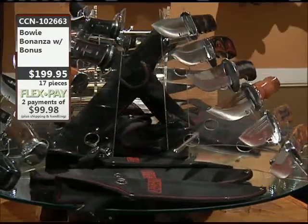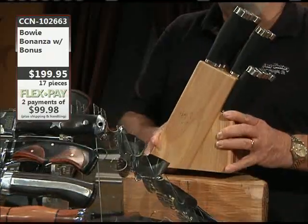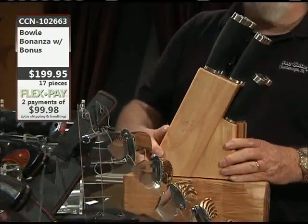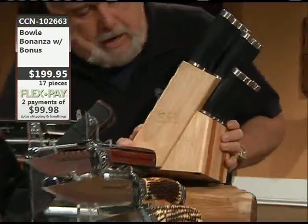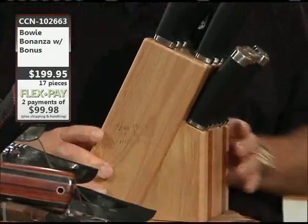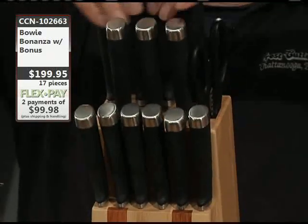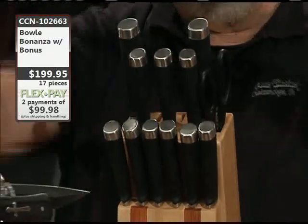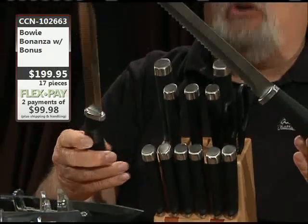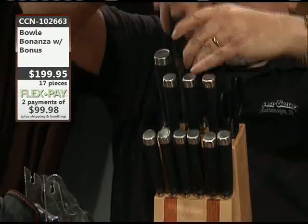And I tell you what else we're going to do with it. Why don't we just put a Hen and Rooster kitchen cutlery set right there. How about that? Okay, there's your Hen and Rooster logo right there. Now I'm going to turn this around a little bit so you can see all those knives. You got all of these knives that come with the kitchen set, and you got 6 steak knives, which at